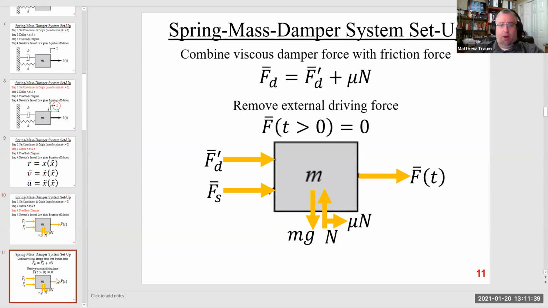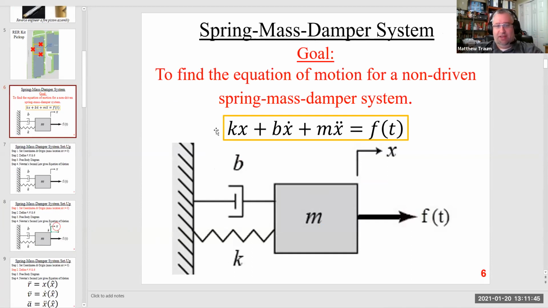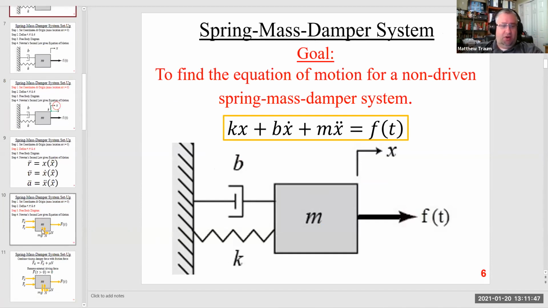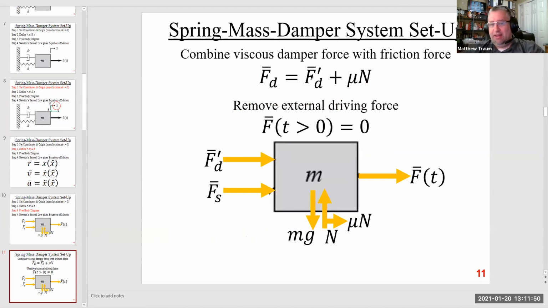That's important because I want to simplify things a little bit to get back to kind of this nice textbook equation. And so I'm going to simplify things by saying, okay, recognizing that the dashpot force and the friction force are always going to be in the same direction, I can just add them together, and this plus sign is always going to be a plus sign because these two guys are always acting in the same direction to oppose the motion of the mass. So I can combine them with a plus sign that's always a plus sign and get myself just to F sub D. So force sub D for dashpot, or maybe D for dissipation if you're a thermo person and like to think of it that way,